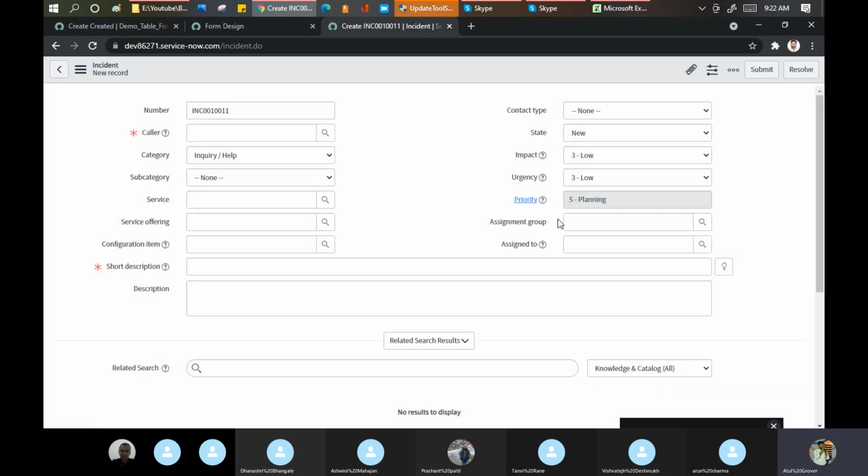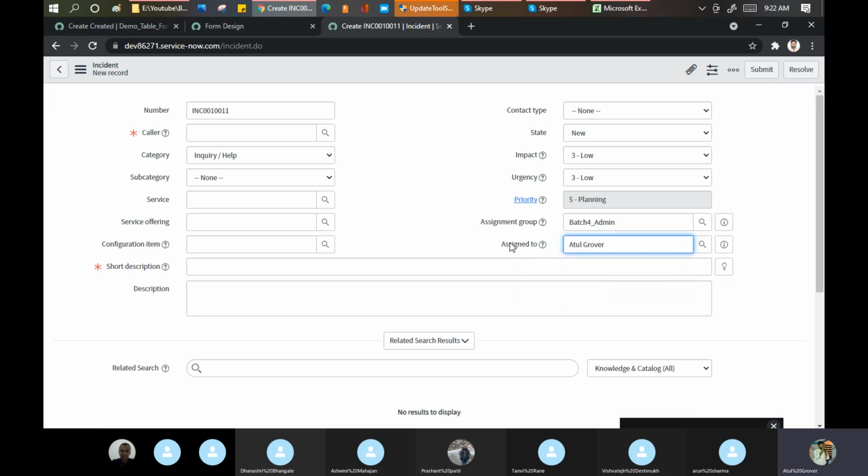Now what you have to do is see how this configuration has been done. If I put a group here, let me put in a group, Batch 4 admin. Why are only these names appearing? Why are other names not appearing? Why is Tanvi's name not there, even though this is a reference from the user table only?